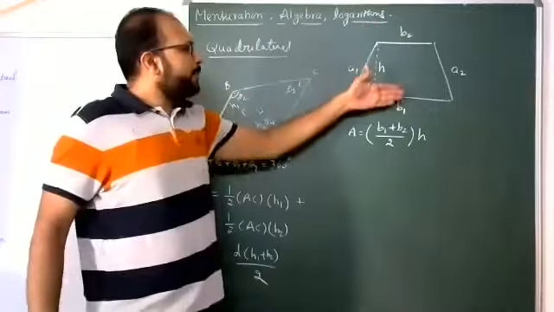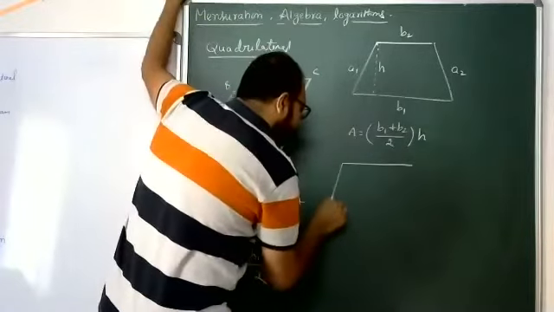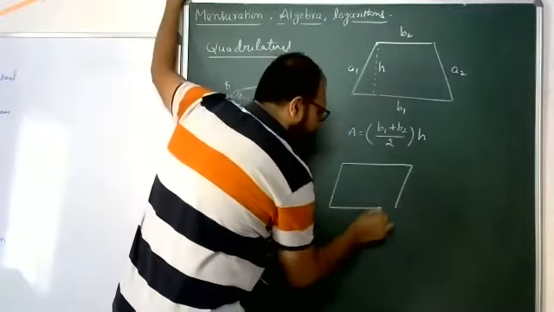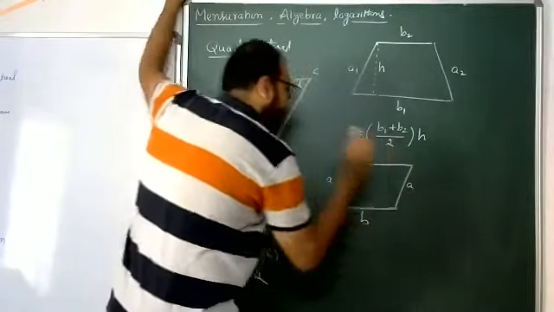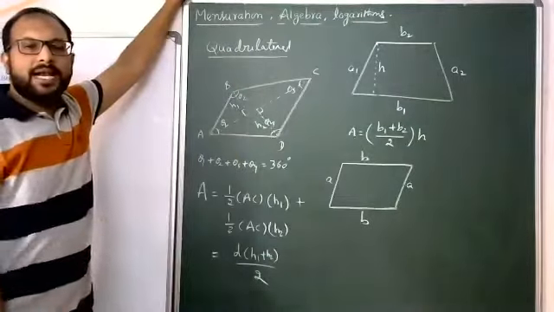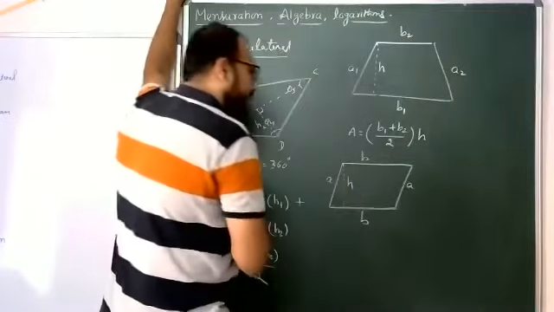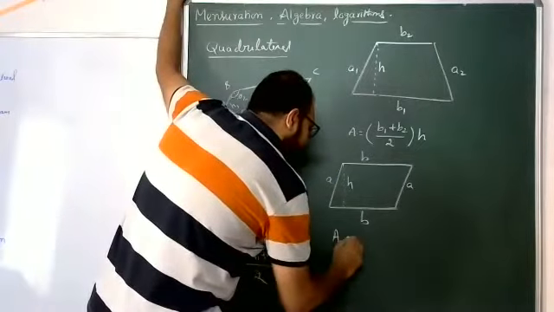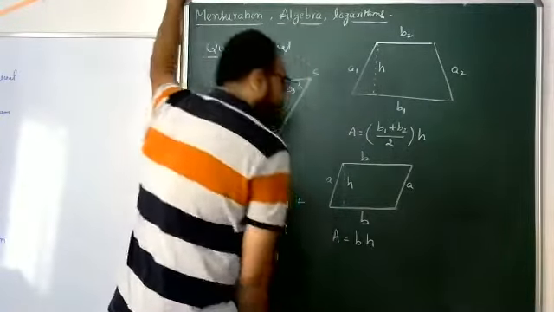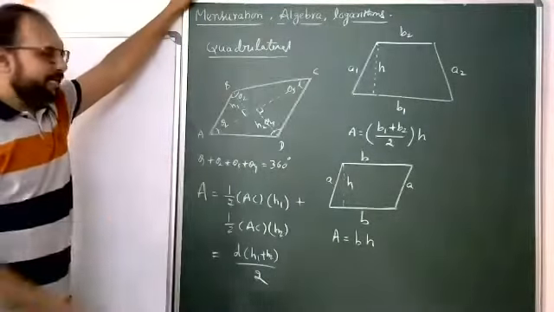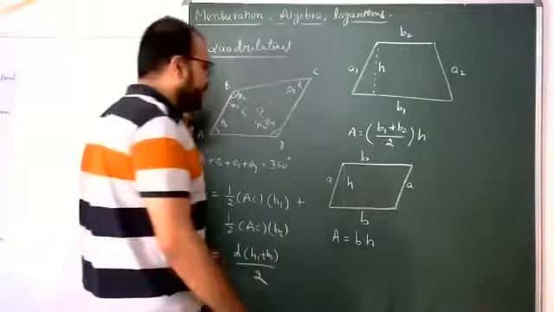Now students, come to another case, parallelogram. Here in the trapezoid only one pair is parallel. In the case of a parallelogram, two pairs. This distance is B, this is also B, it is A, it is A. This is a parallelogram. Again from here to here, height H I am taking. So area A is nothing but B into H. B plus B by 2, that is nothing but B into H. This is the parallelogram.